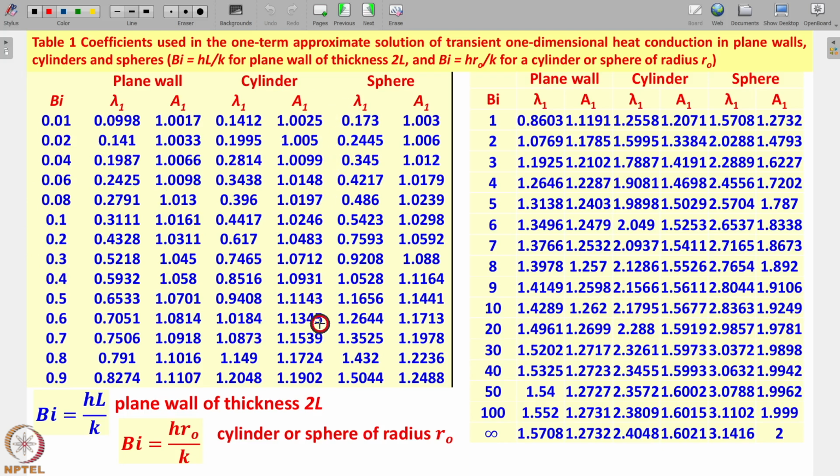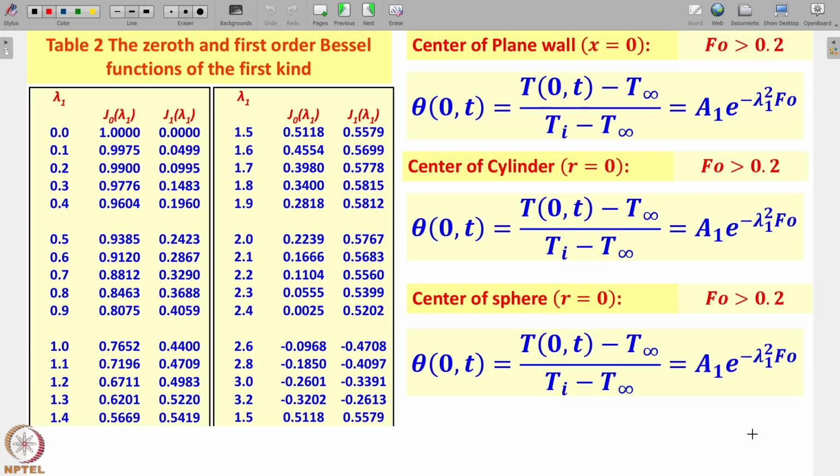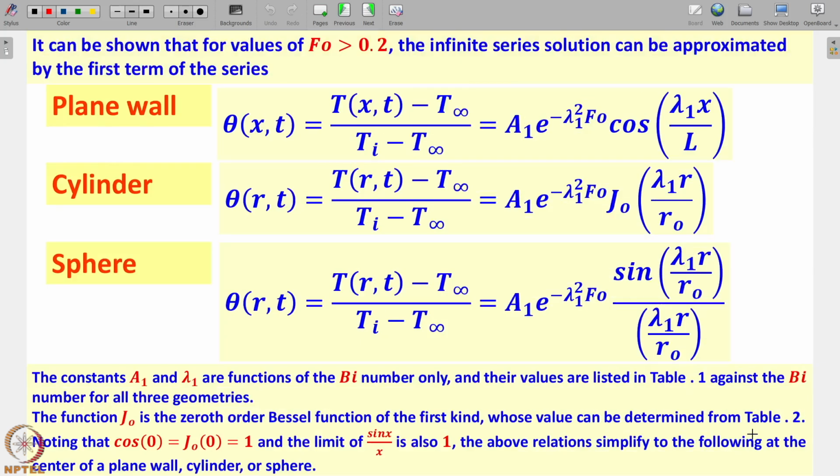But please note, for sphere or cylinder, it is actually h r naught by k. So you can get lambda 1 and A1 for both cylinder and sphere. Okay, and this is for different Biot numbers, it will go on. So that is what is going to be for the cylinder,